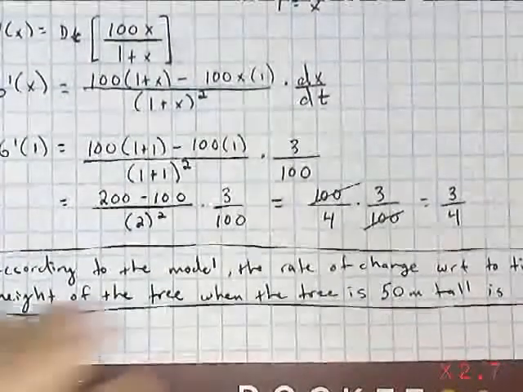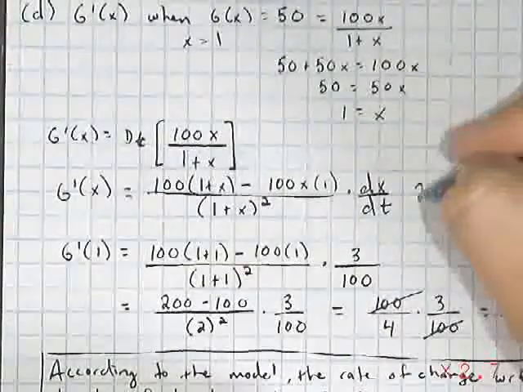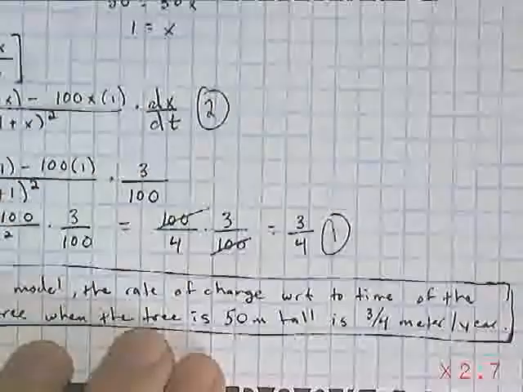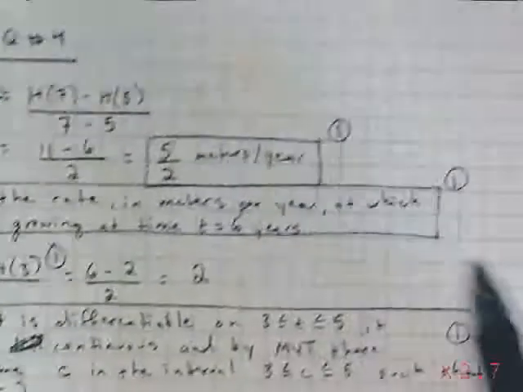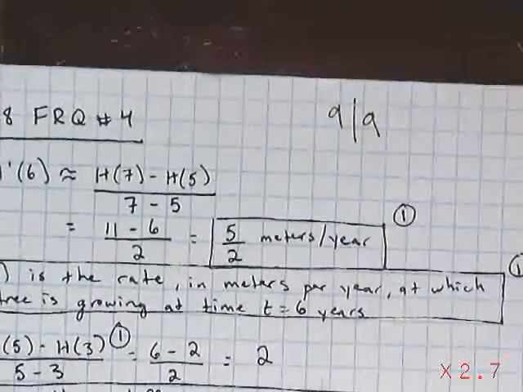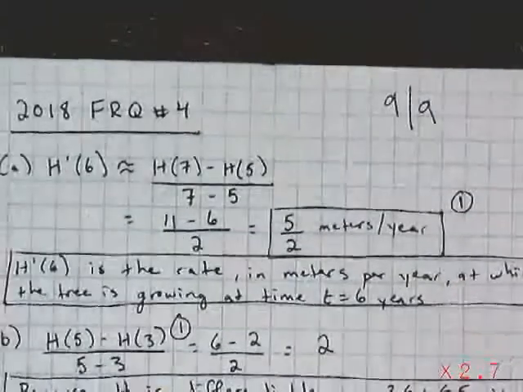That was 2 points or nothing. And then you got 1 point for your answer. So that's 1, 2, 3, 4, 5, 6, 7, 8, 9, 9 out of 9. And that was 2018 FRQ number